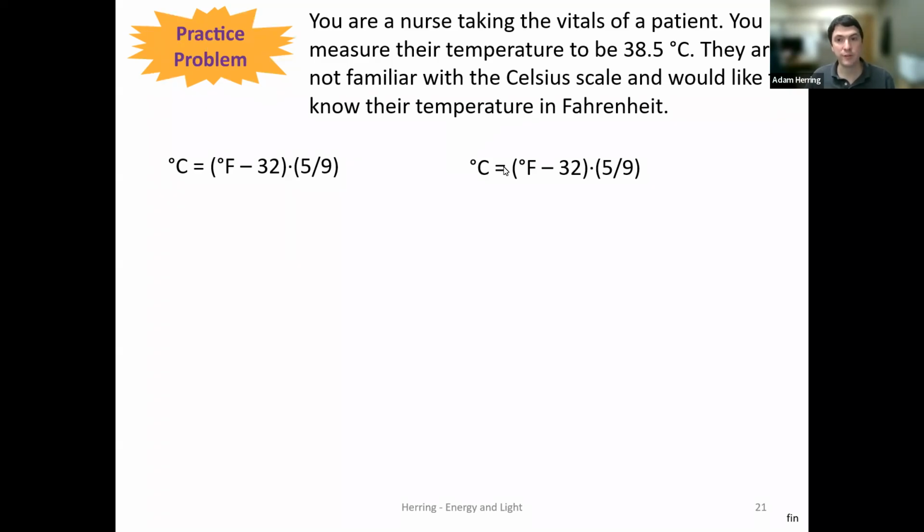The way that we do this is first by multiplying by 9/5. When we do that, on the right side, that cancels out, and we're left with 9/5 degrees Celsius equals degrees Fahrenheit minus 32, at which point we can add 32 to both sides,